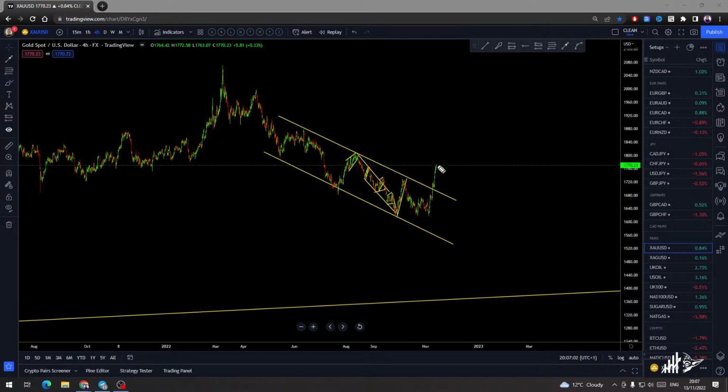This can't go like this. Never ever will this happen. That's not possible. Anytime soon you will see at least a deeper pullback before the price goes in any direction.